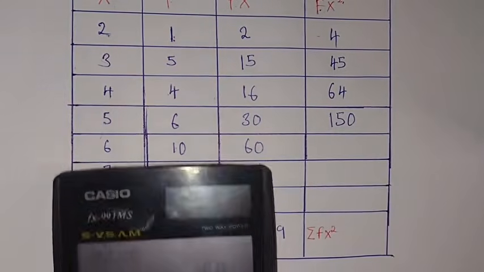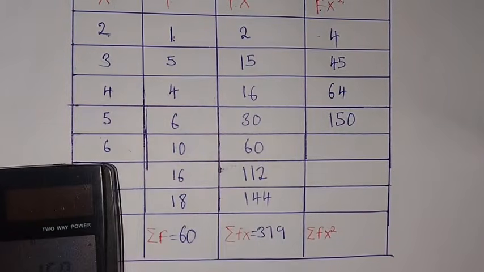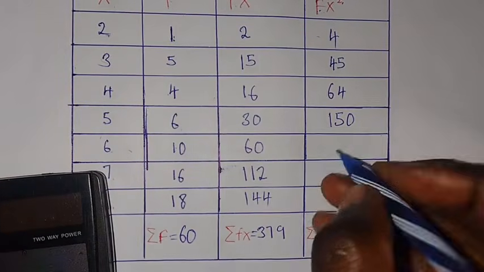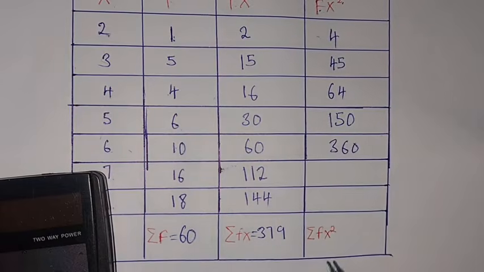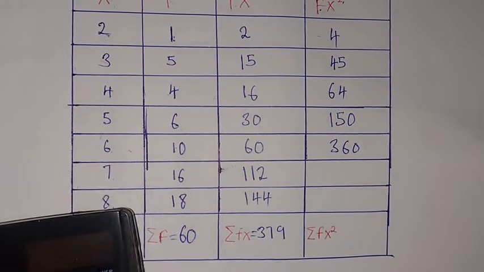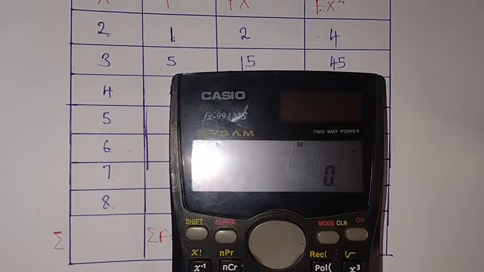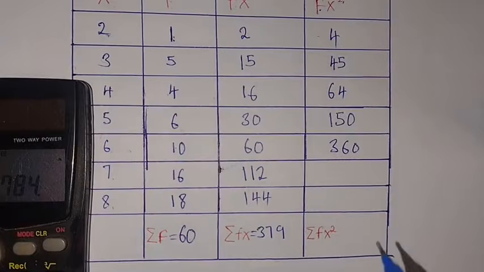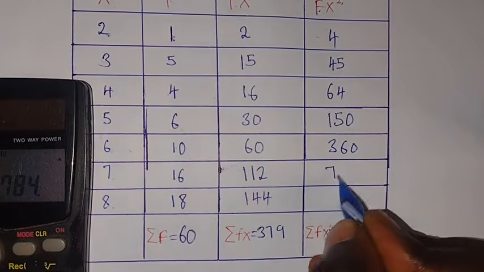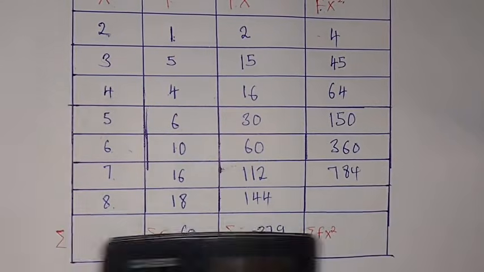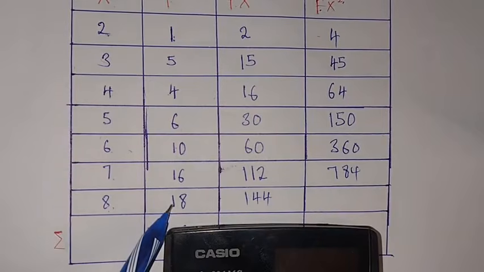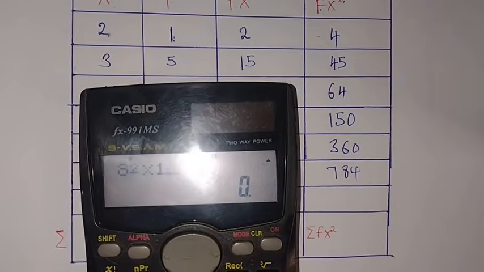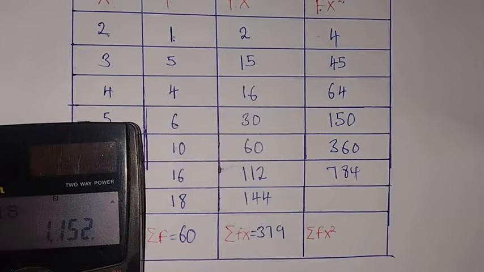So the same things. Here you have 6 squared times 10. 6 squared, we know that it's 36. 36 times 10, this is 360. Then we come here, 7 squared times 16. So we have 7 squared times 16. This will give us 784. Then we come here, 8 squared times 18. So we have 8 squared times 18. This will give us